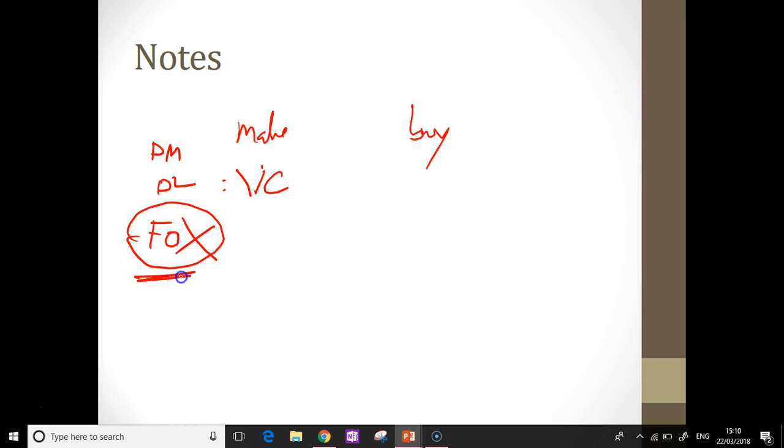So I'll say that again. When we're deciding, do we make a product or do we buy the product in, we simply compare the marginal cost, which is the variable cost. So direct materials and direct labor, and any variable overheads, if you have any. But we do not look at the fixed overheads. We completely ignore our fixed overheads. And we compare that variable cost with how much we would buy it for.